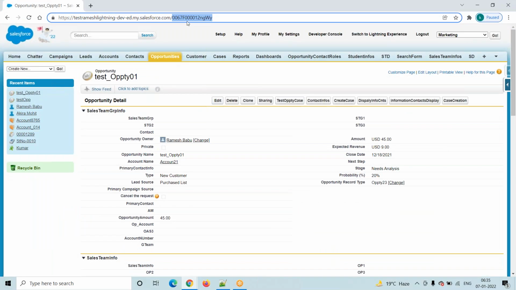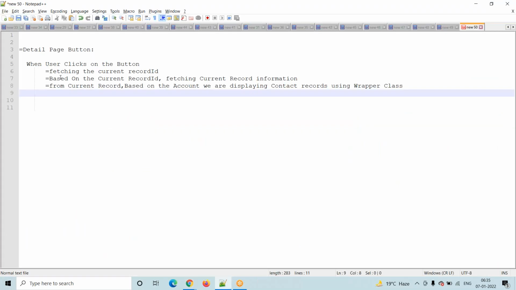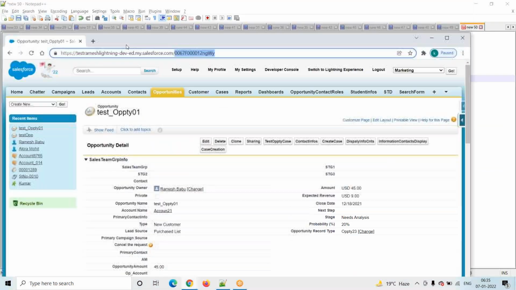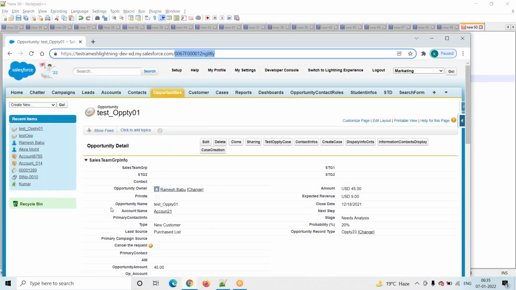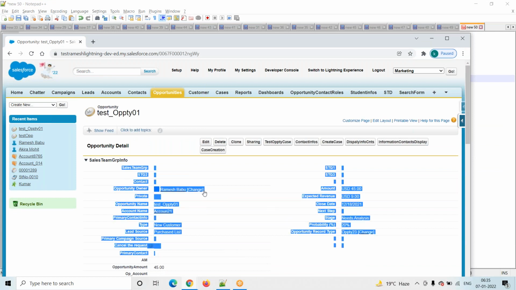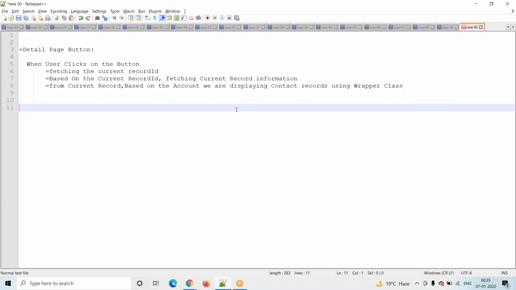Based on the current record id, the second step is fetching the current record information. We are fetching the complete record information. A record is nothing but opportunity name, account name, all the fields available in this particular object.